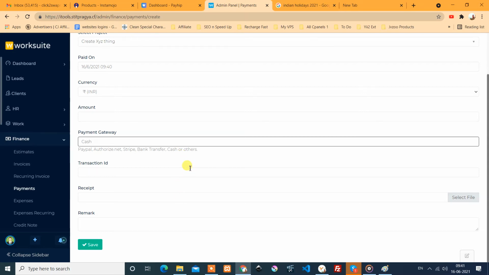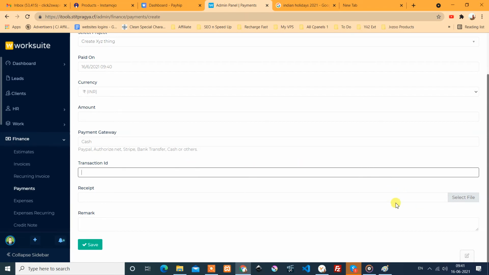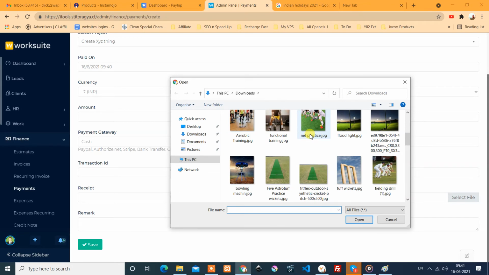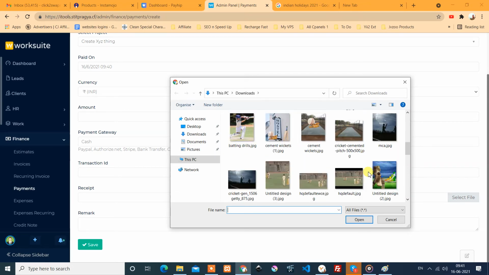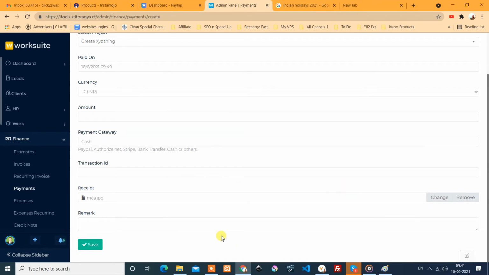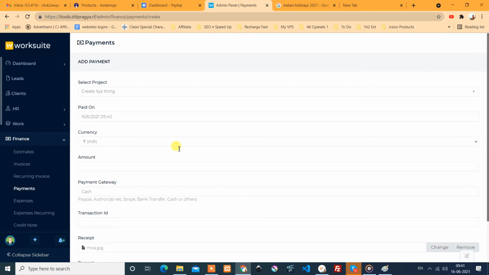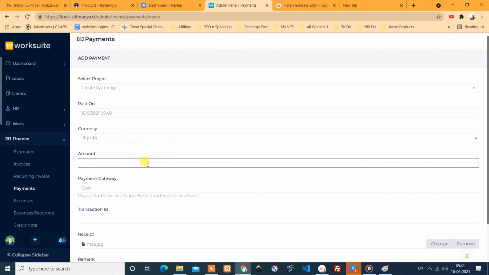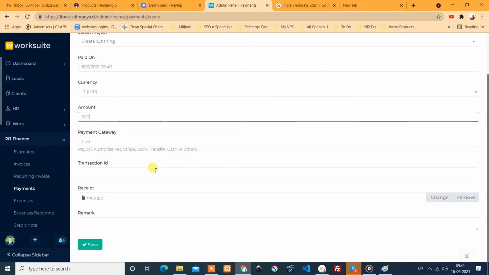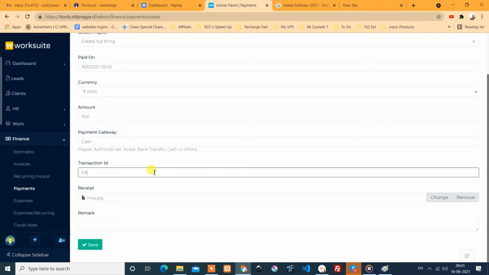Okay, transaction ID for the reference you can have, and the receipt, you can upload the receipt for the proof purpose. It's just currently adding any image. Okay, you can add some remark. These are the transaction IDs you can get even with the UPI payment.